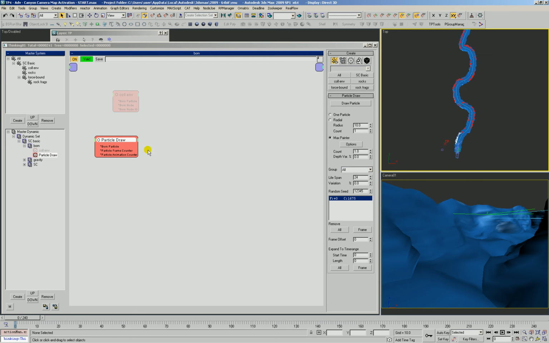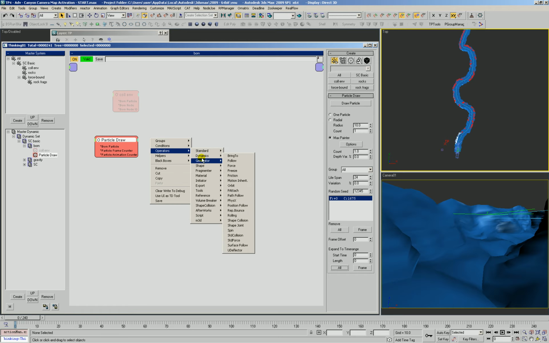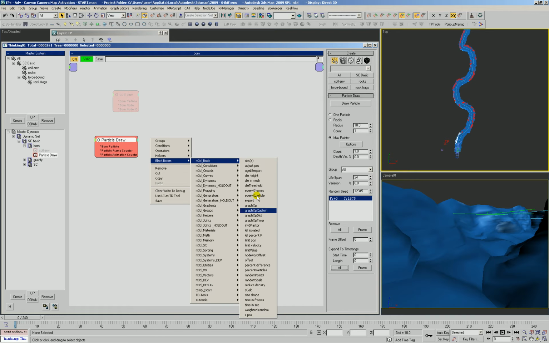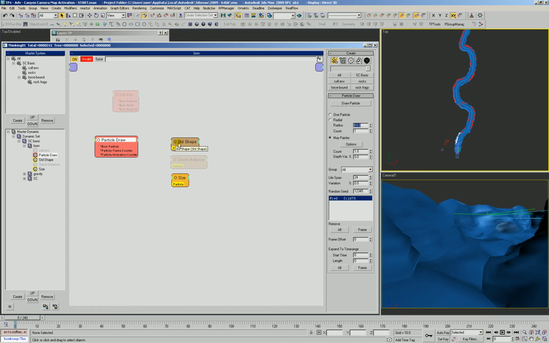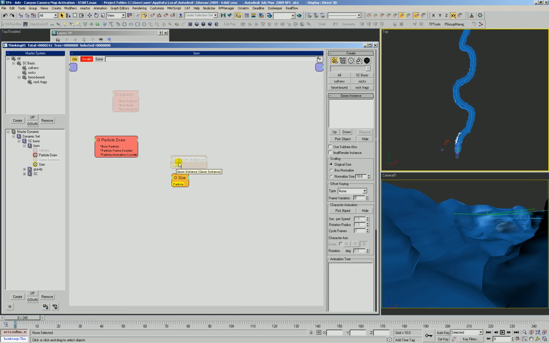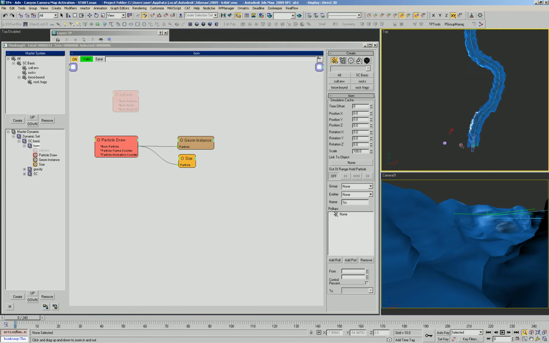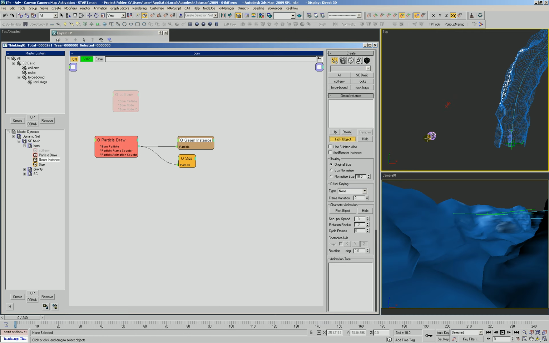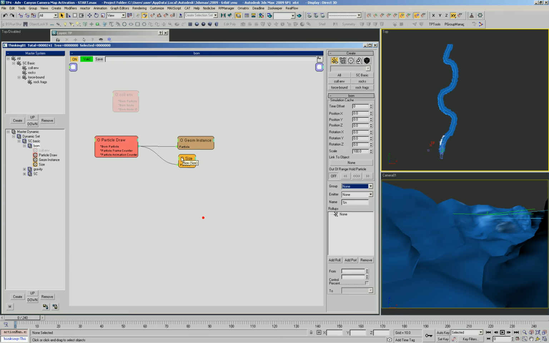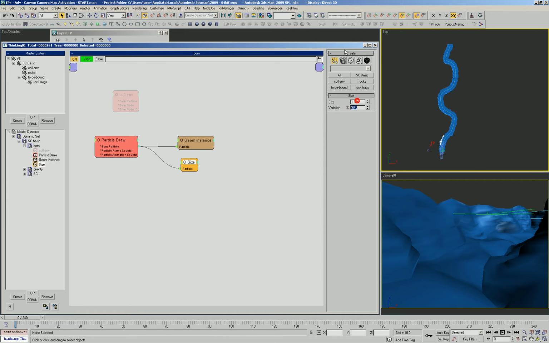Okay, so now let's go ahead and get some properties on these rocks of ours. We're going to use a standard size shape. Don't really need the standard shape, we're going to just go straight for the geom instance, enable that. And let's pick that object. The final render instance is only for rendering. By default we usually do check it since that's what we're usually using. And our size, we're going to set this to 1 with 0, and actually let's